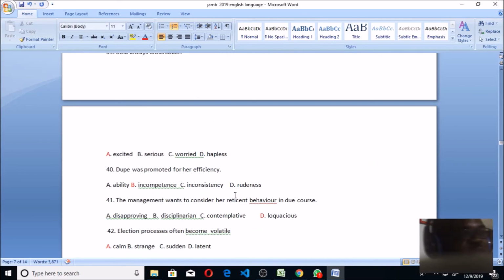So we're going to be stopping here. In subsequent classes, we are going to look at more words. You can see the way we approach this. We looked at the word that we want to look at, and we gave you the definitions of the other words that are following it, the very word that we are looking at. In subsequent classes, we are going to be taking a wholesome look at this. We are going to be looking at other subjects.